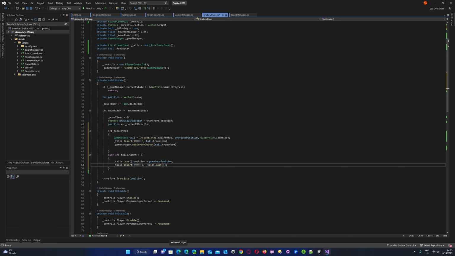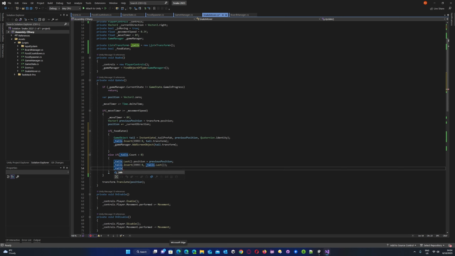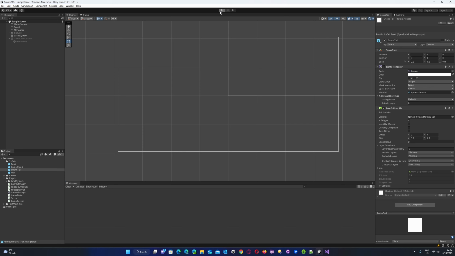And that's just going to move, when it comes to moving it, as I said before, it's going to take the last one, and instead of moving it, I'm going to remove one of them, and I'm going to put the other one at the very beginning. And then I'm going to say tails dot remove at underscore tails dot count -1. So if we now play this,